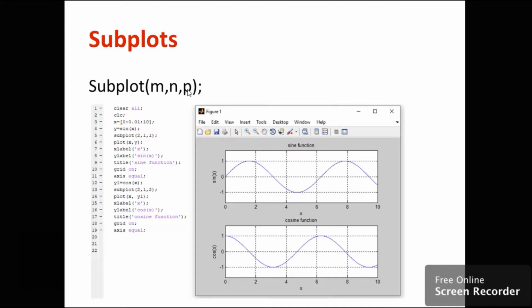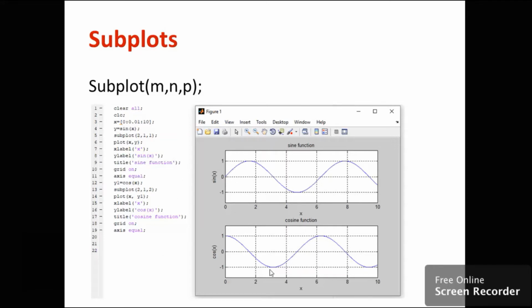Now let us do a simple example of how to make a subplot. We have one graph, which will be divided into two separate diagrams. One diagram is for the sine function, the other for the cos function. Here how many rows will be there? First row and second row, so two rows.